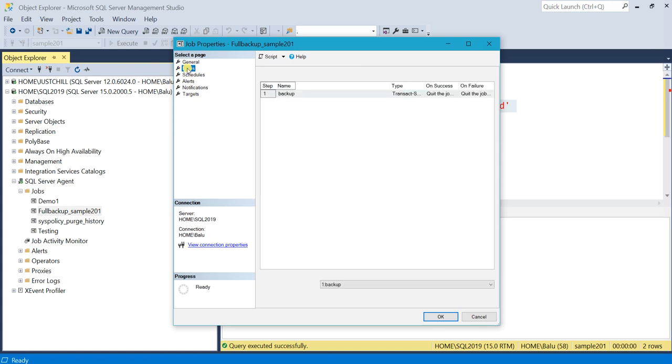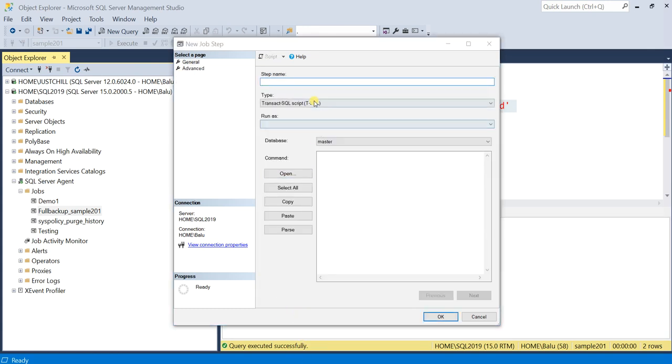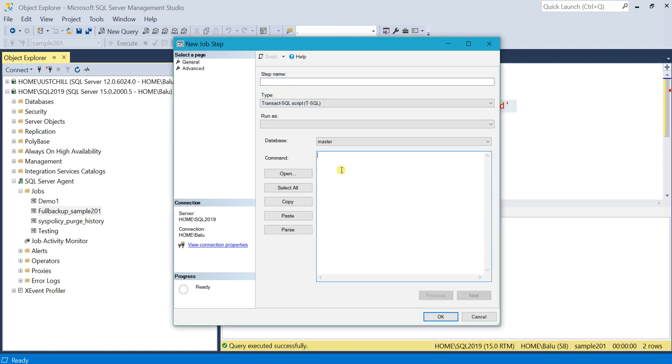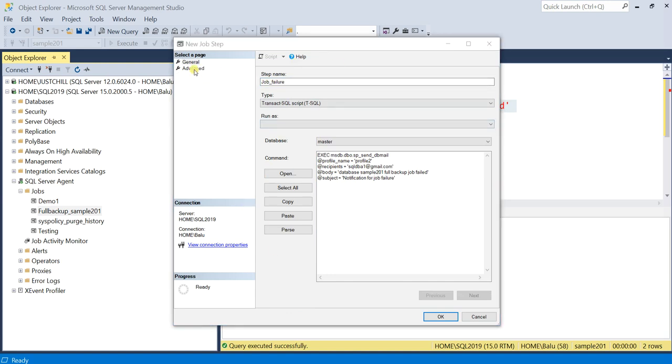Disable this and then go to steps and then add another new step. Here you can give the step name and paste the command here. You can write anything here. Job failure. Okay, so this is our step.